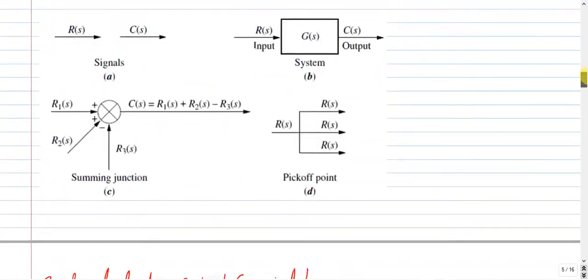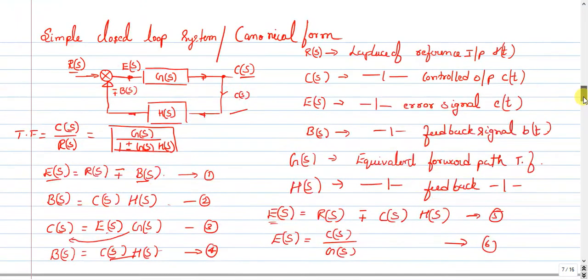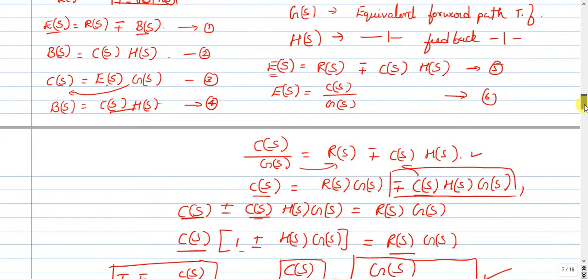Let me scroll up. Yeah, you remember this equation? We have considered a minor feedback loop. In a forward path, I have one block G of S, and in backward, I have H of S. And the signal could be positive or negative. We considered both, if you can see here. While substituting, we found C of S by R of S.